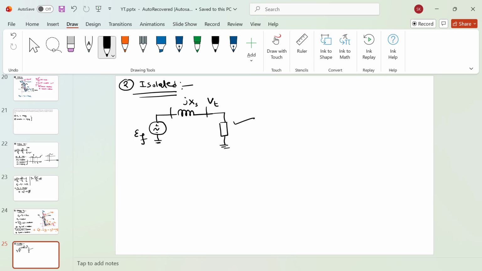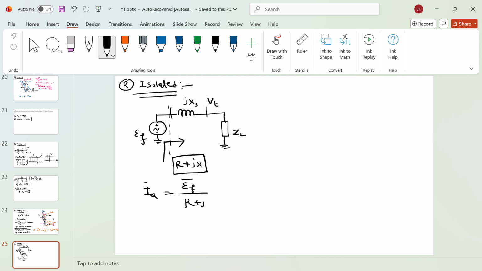Now for example, I have some constant impedance load. The load I have has a constant impedance value ZL, let's say. So what will happen? If you look from this point, this particular circuit is acting as a constant impedance. It will have some real value and some reactance value. So the armature current IA is equal to EF